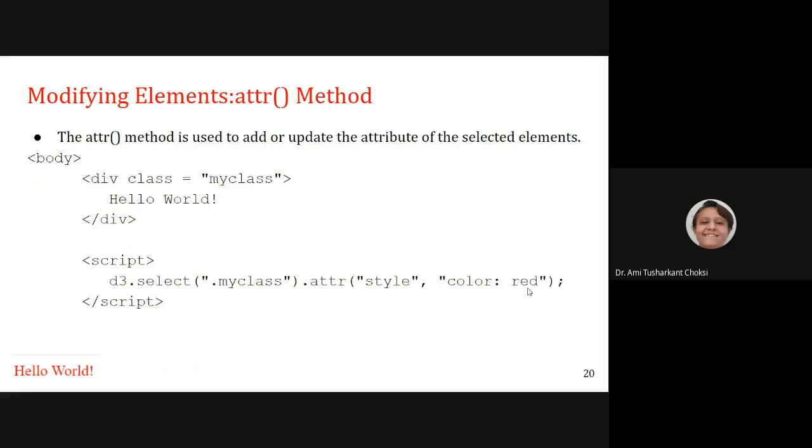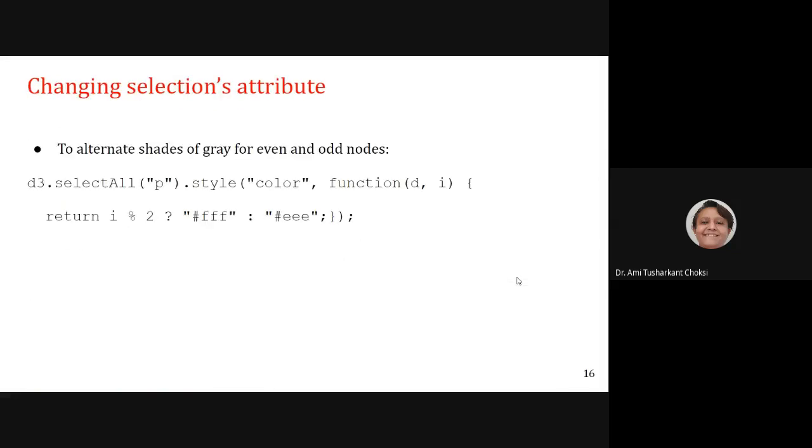Till now we were not using that. Till now we were only giving it, in the first double quote, as color, and in the second, red, something like this. But here we are using the method attr, that is for attribute. Here we need to provide the style we want to set, that is a CSS style. In CSS style, whenever we set, we have to write it as color colon red, right? We cannot directly write color here and then red here, right?